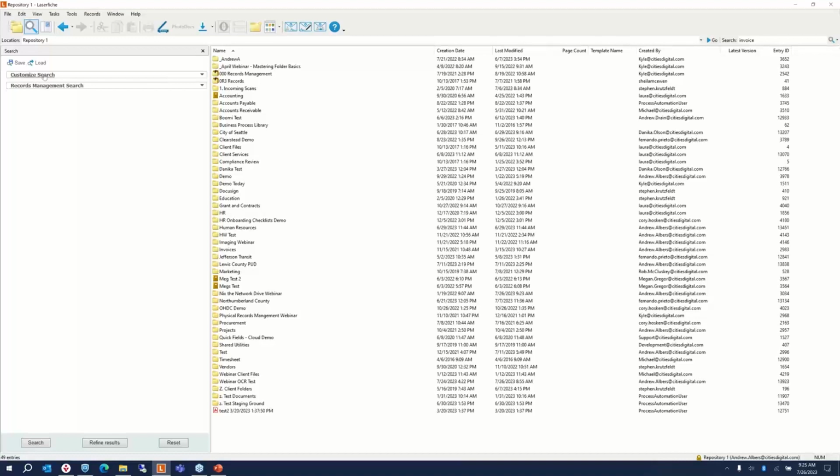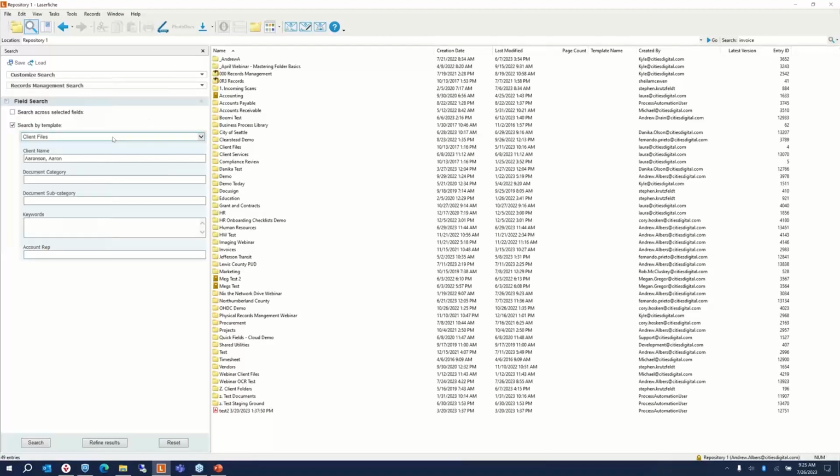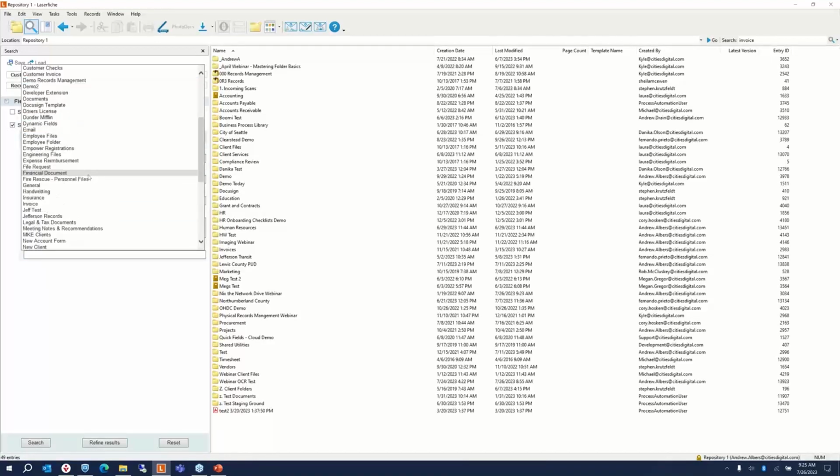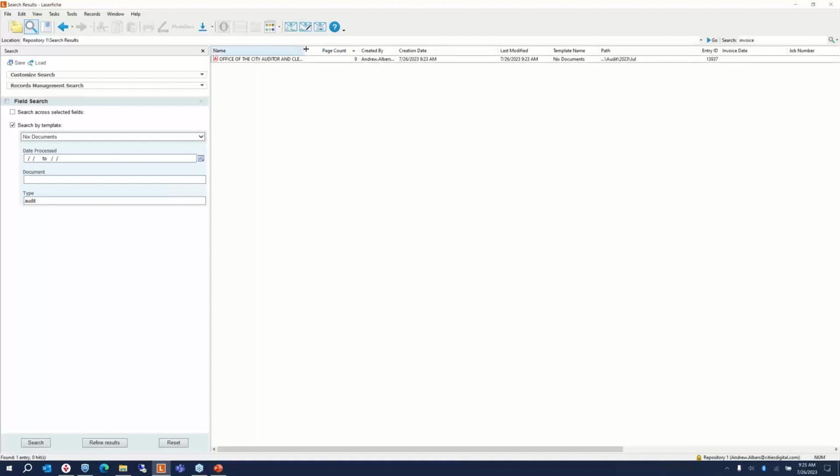We'll run a customized search here by a template. We'll select our template that was applied to that document. Let's see, there it is. And then we can go ahead and get more granular. We want to find that audit document, so we can select the type and type in our key term, audit, and run our search. And there you go. Since that document's been OCR'd and indexed properly by the workflow engine, it's immediately text searchable in Laserfiche, and we can find those documents